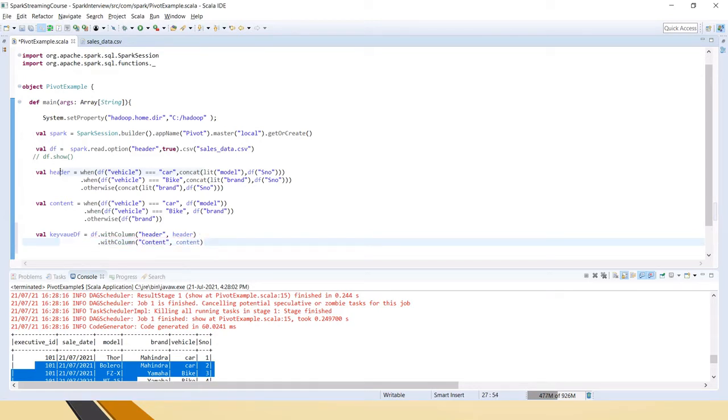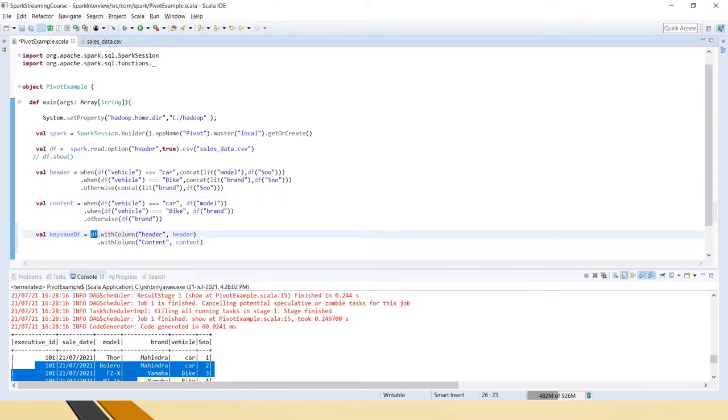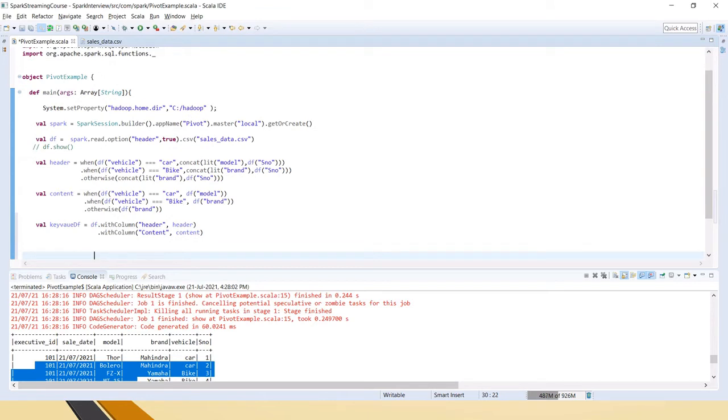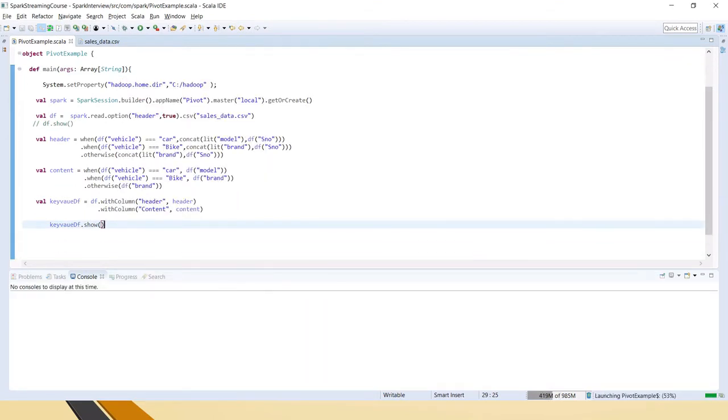So these two columns we just created, and I'm adding them to the df. When I do df dot withColumn, it will add it to the total data frame. Let's check. Actually this is not needed, I am printing it just for your understanding.